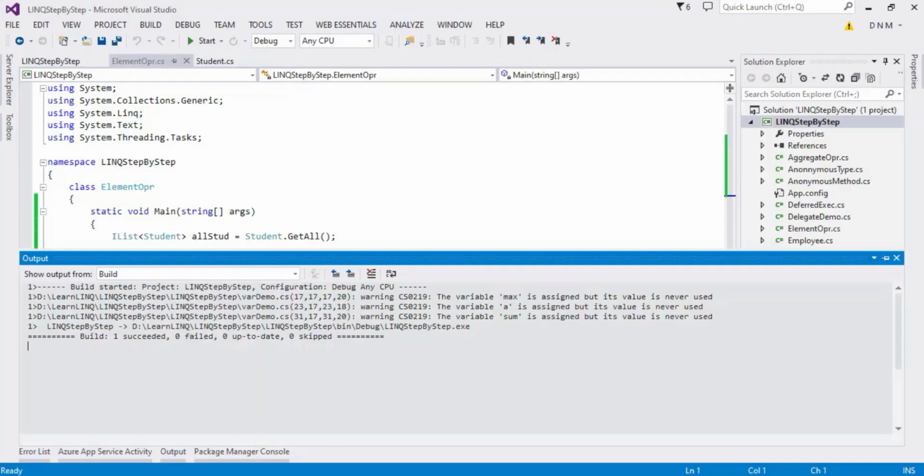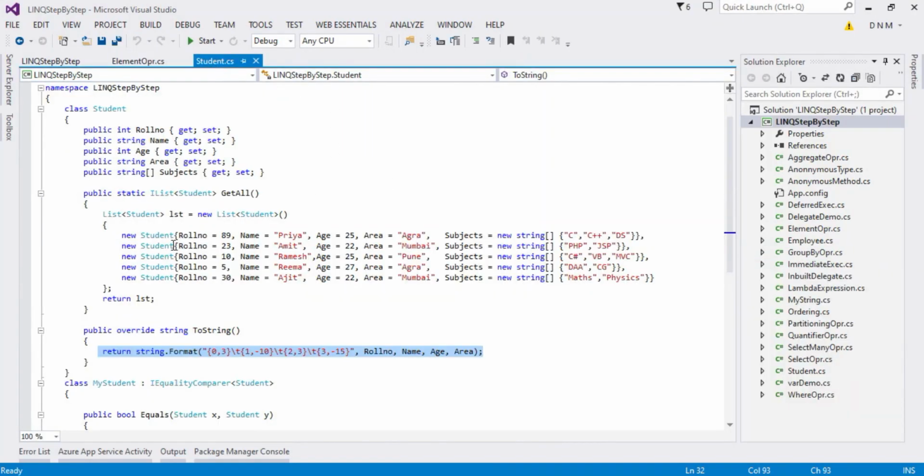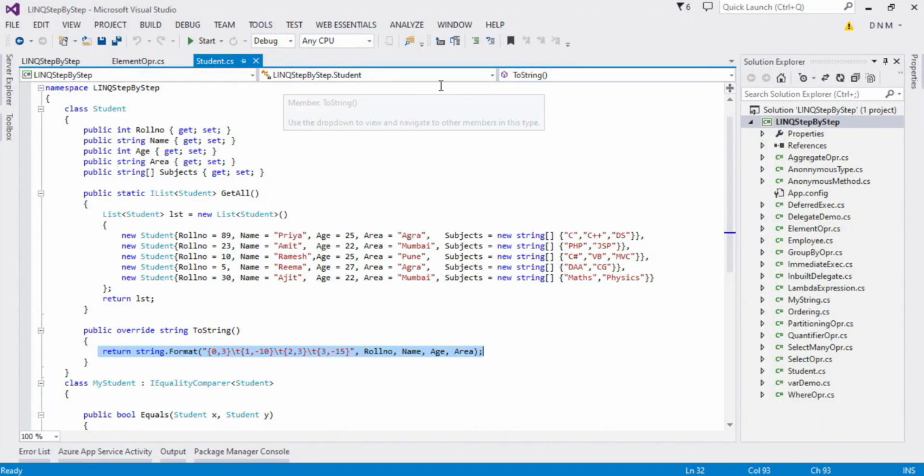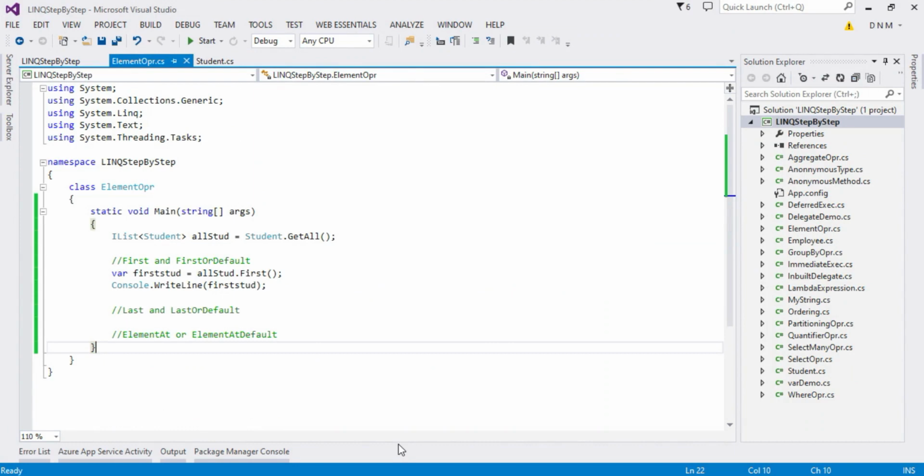Let us verify it: 89, Priya, age is 25, area is Agra. We are not printing the subject name, which is why subject names are not visible. It is correctly printing the value. I hope you understand that the first operator returns the first element in your collection or sequence.